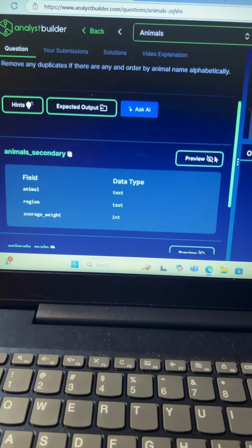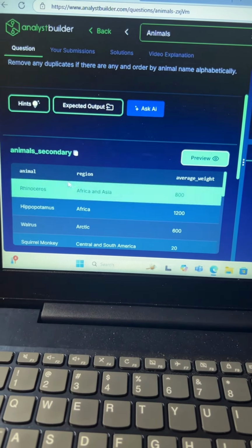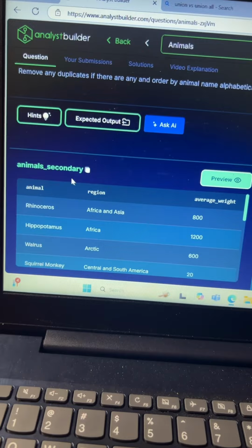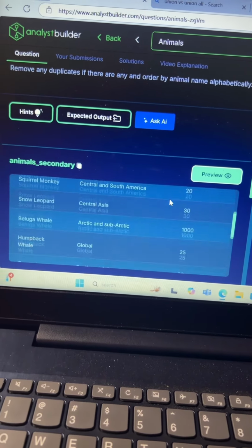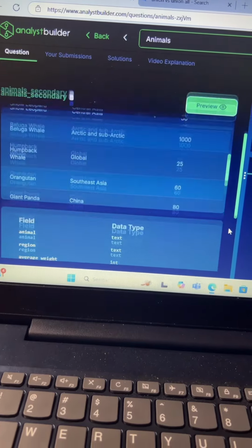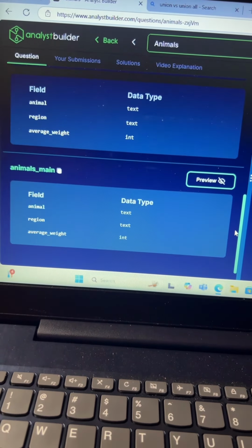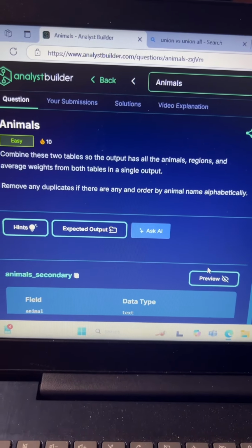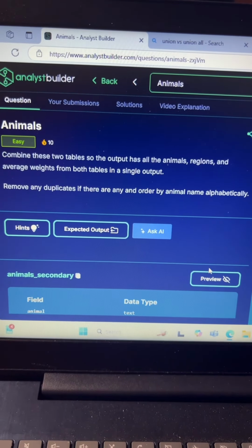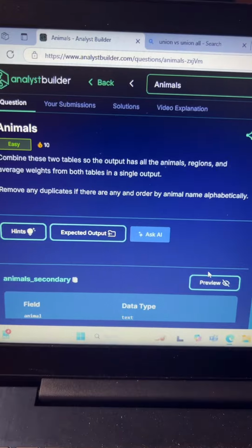Let's come down here and check our data. If we hit preview, we can see this animals secondary table has animal, region, and average weight. And then if we scroll down here a little bit more, we will find this animals main table, which has the same exact information. Our prompt wants us to include animals, regions, and average weights from both tables, so we